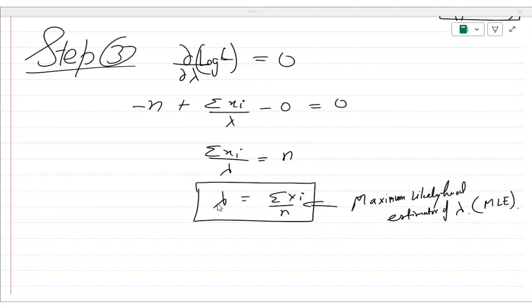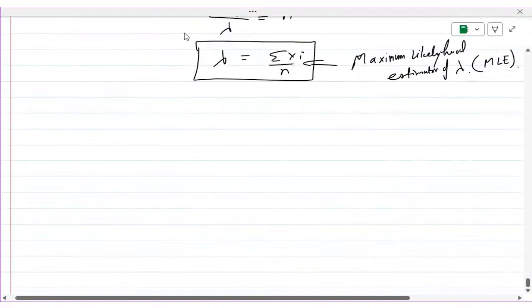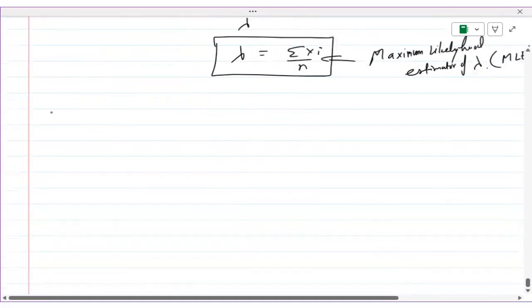So let us write the properties of this maximum likelihood estimator. So the next topic is properties of maximum likelihood estimator. The topic is properties of maximum likelihood estimator. So we will do more questions on this maximum likelihood estimator. Okay. So properties of